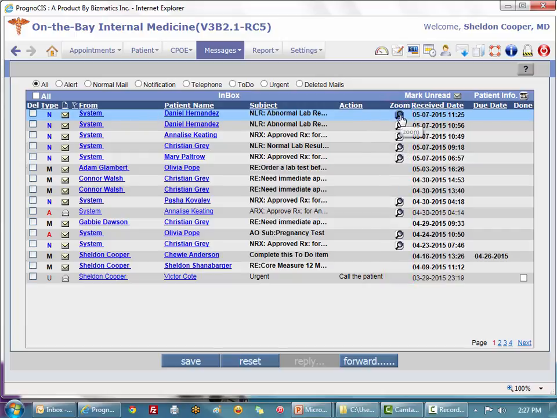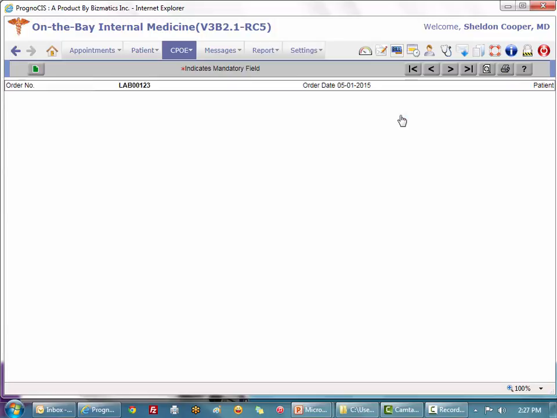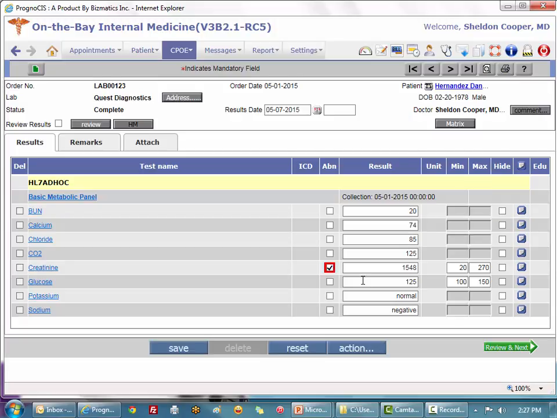But if I just go ahead and click on this magnifying glass for Daniel, it's going to take me right to that abnormal test result. So now, as the doctor reviewing these labs that have automatically posted, and again, this was whether I manually posted it or if it had been an HL7 interface, I have an action button